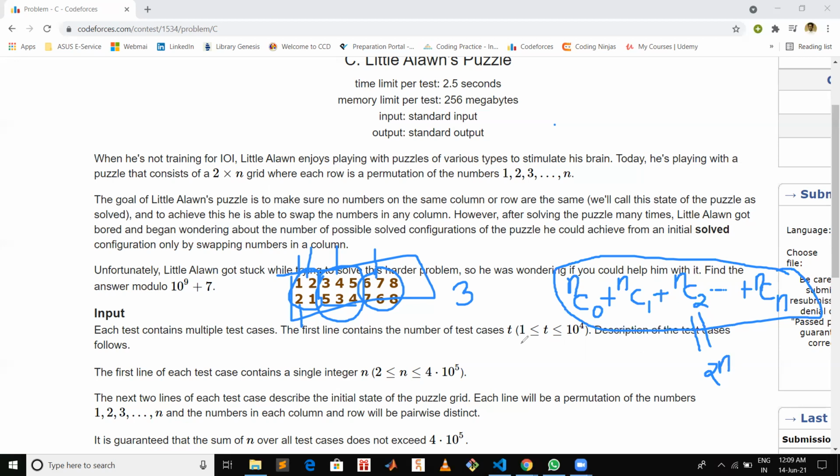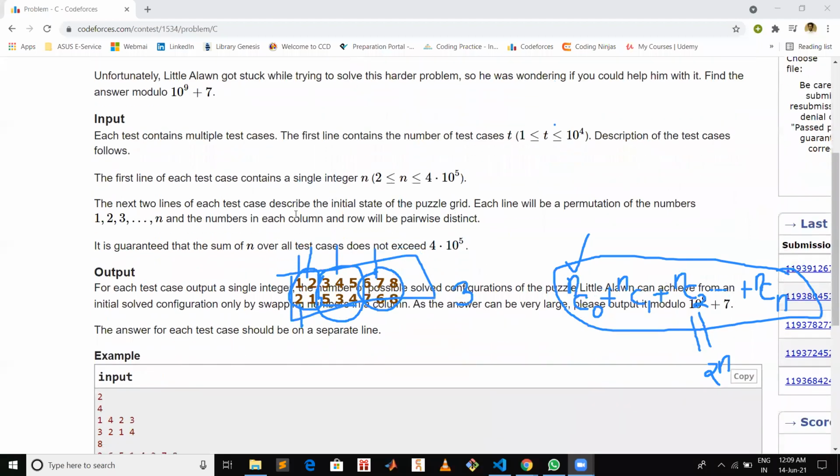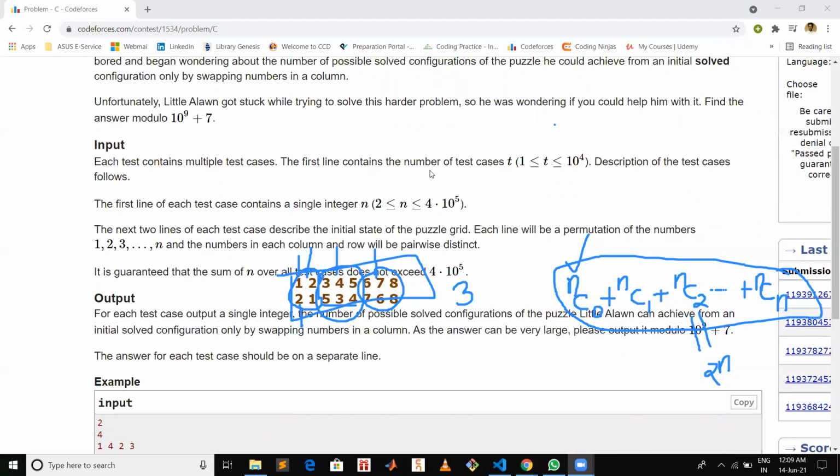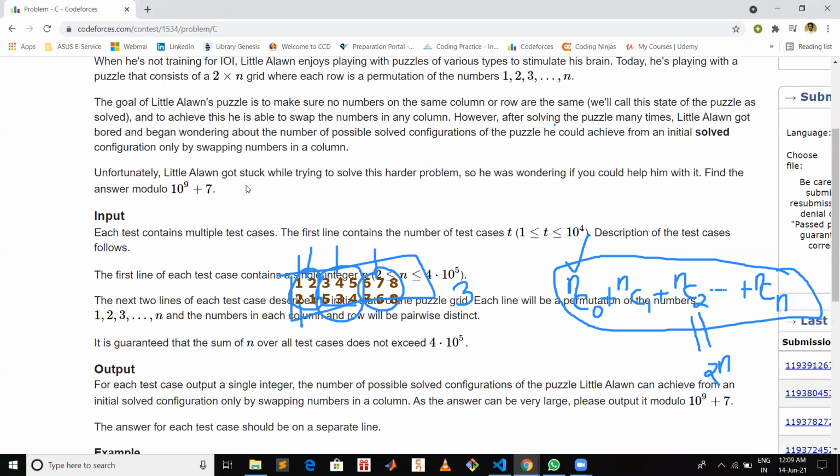All right. So now the given n could be quite large, since according to the constraint of this question, you can see the n is basically of the order of 10 to the power 5. So there could be a large number of groups. So this 2 to the power n is going to be very large. So that's why while calculating this 2 to the power n, you have to take the modulo 10 to the power 9 plus 7. All right, so I'm gonna show you the code now.